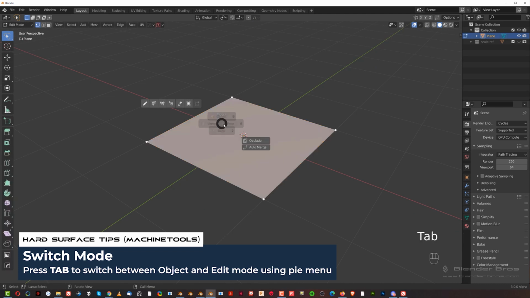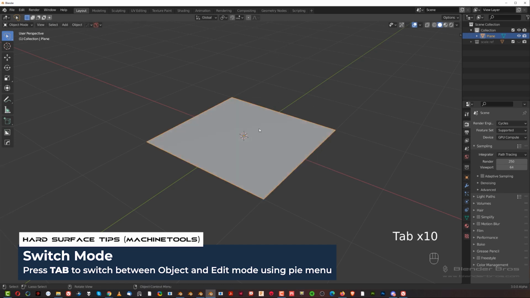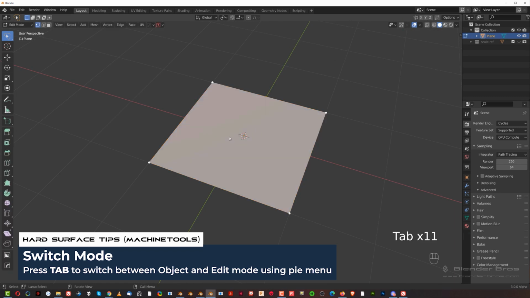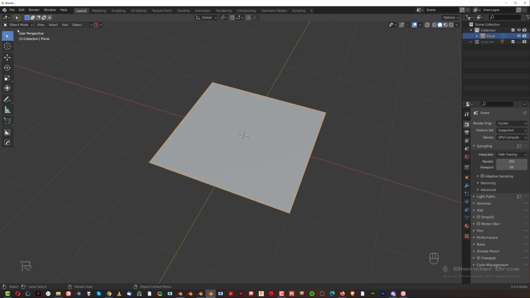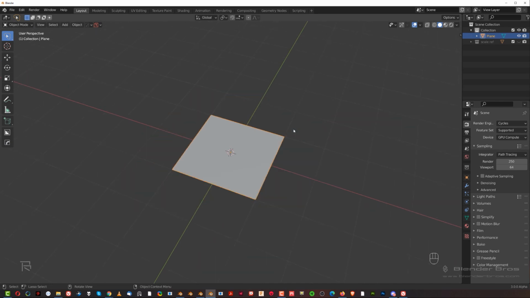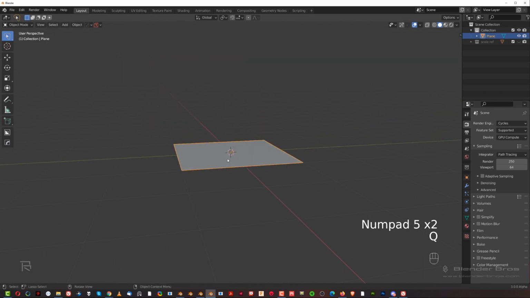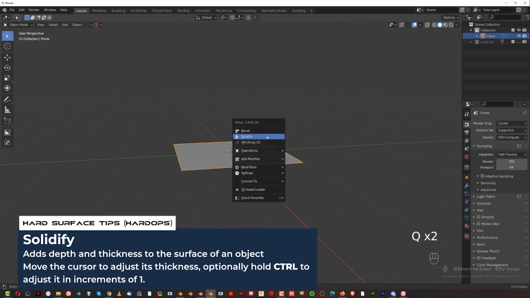So vertex, face, edge, solid, okay? So I'm going to be doing it very quickly, guys, all right? But just bear in mind I'm using machine tools for changing the mode, from object mode to edit mode, and the pie menu from Blender to simply navigate my viewport. That's it. Okay, cool. So now let's go to Q menu with this plane selected and solidify,